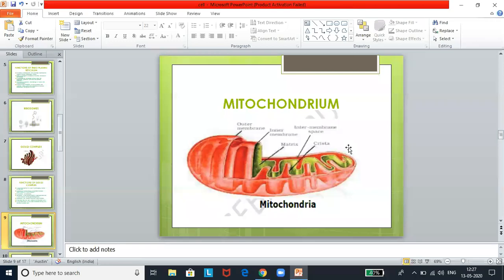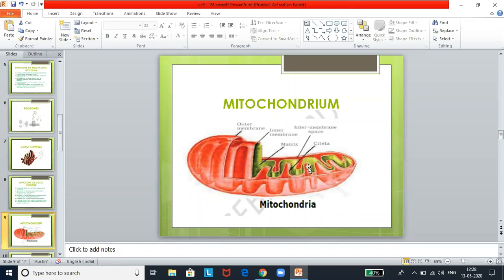Mitochondria are the powerhouse of the cells with integral role in the production of energy. Mitochondria are a double membrane brown structure. The outer membrane is smooth while the inner membrane is folded into cristae, which extends inwards. So you can see a lot of folds here. These folds are called the cristae. The space between the outer membrane and the inner membrane is called intermembrane space or the perimitochondrial space. The lumen is filled with the matrix.